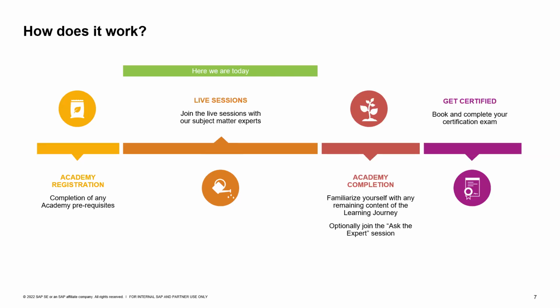So the flow that we envision is quite simple. Since you have registered, you will have received invitations to the sessions that the academy consists of. The first three is what you can consider the main sessions. This is where we deliver the condensed learning content, while the last one is the optional Ask the Expert session, where at least I and maybe a colleague or two will be available to answer the questions you might have. Please note that the questions should be within the scope defined by the learning journey and that we cannot cover BTP questions beyond that. Questions that we cannot answer live will be followed up on.